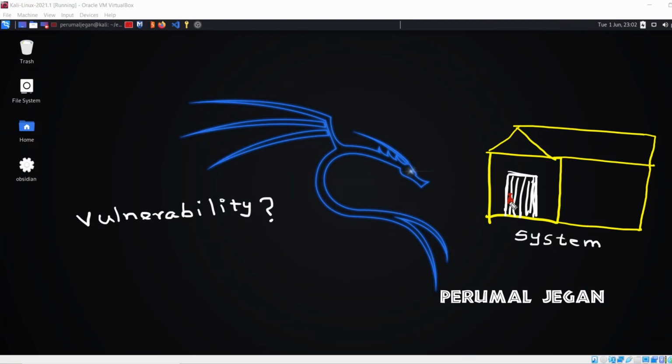You just assume this lock as a vulnerability of the system. Once you find the proper vulnerability, you will get an idea what sort of exploit you are going to use to break the system. You have to choose the appropriate exploit with respect to the vulnerability.